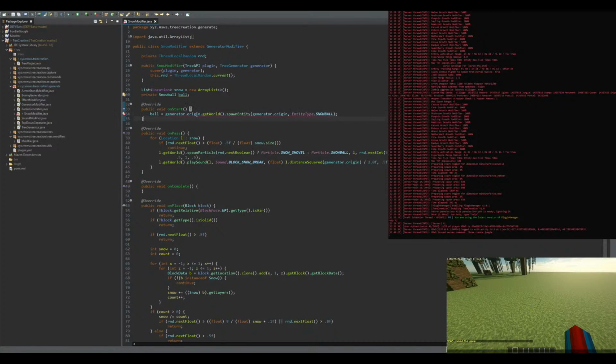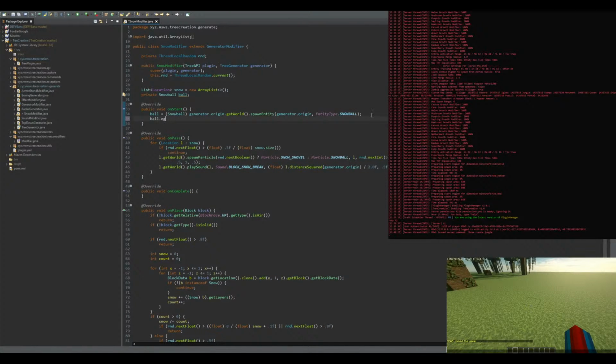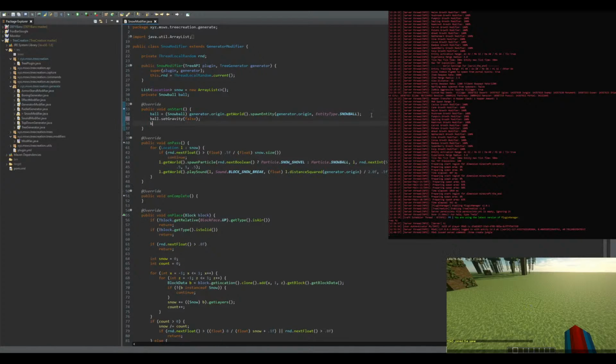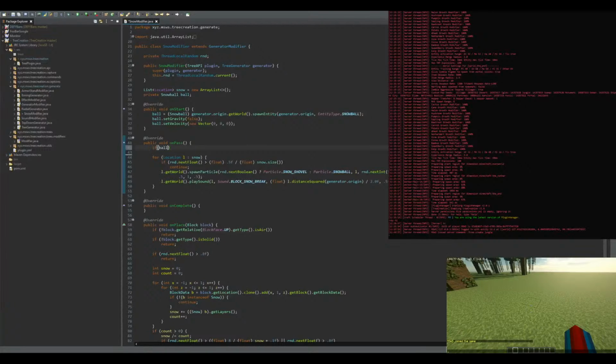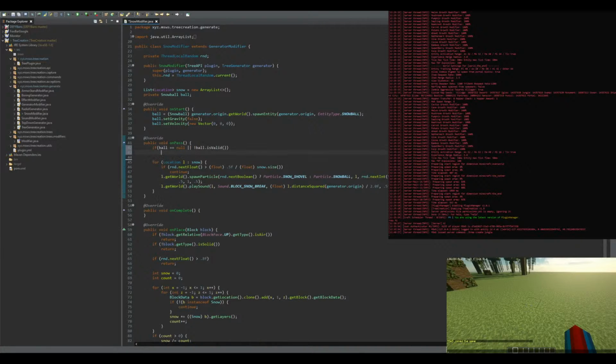No ball. Let me do this. Alright. Cast. Set gravity. Set bounce. We'll just do this. Ball velocity? Is direction thing on here? Yeah, that velocity. New vector. So for now, we're gonna start out with 0, 0, 0. Just gonna make sure that this actually works. On start and on paths, we're gonna do if ball is null, not ball is valid, then we'll just return. So before we return though, we'll just